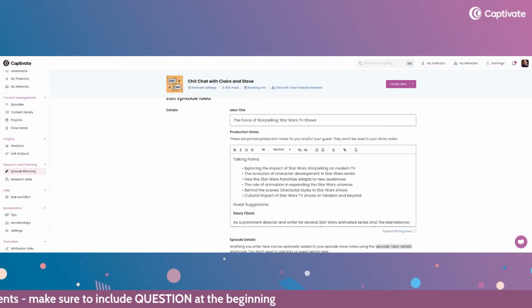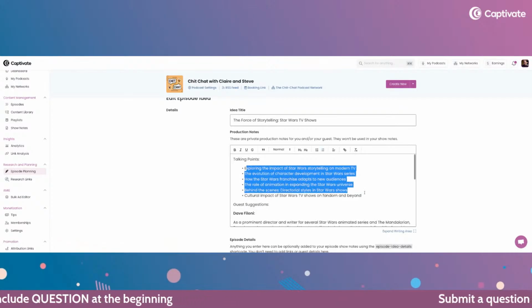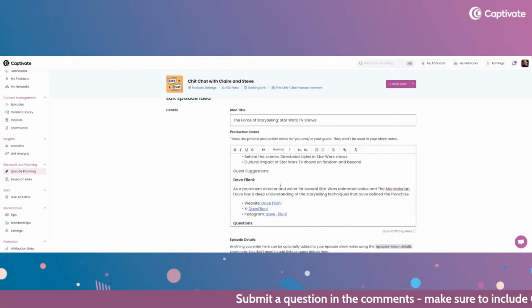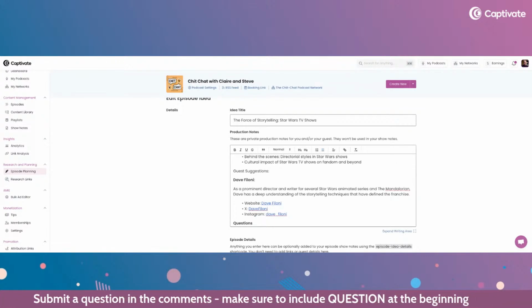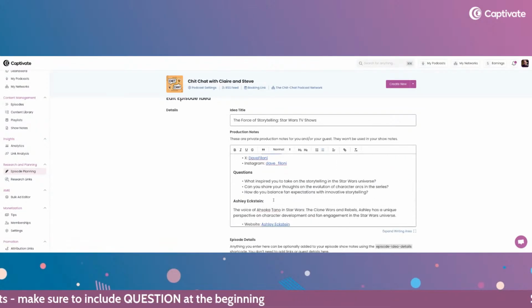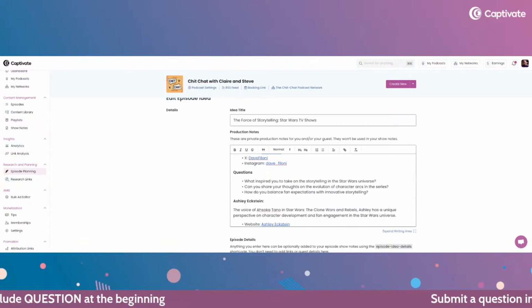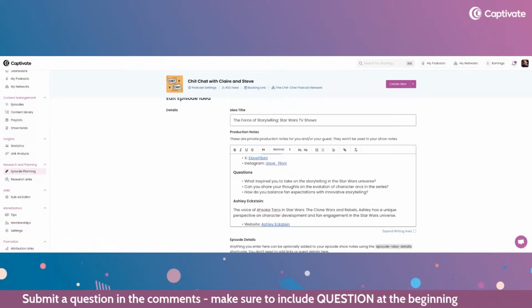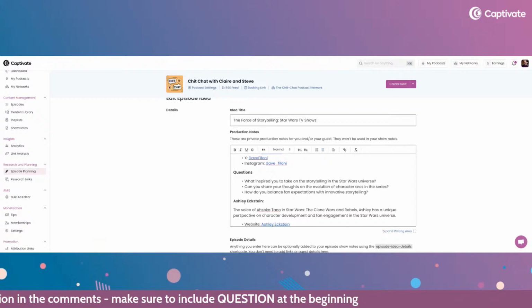Here's your talking points. So you've got, again, a bunch of talking points here you can go through. Guest suggestions. You've got Dave Filoni, who's very obviously well known. He's like head of Lucasfilm now, I believe. Not Lucasfilm, but Lucasfilm TV, or in charge of all the Star Wars productions. So Dave would be there. And Ashley Eckstein, who did the voice of Ahsoka Tano, one of the main characters in the animated shows, and also she's got her own live action TV show now. So Ashley Eckstein would be a great guest, very well versed in Star Wars lore and TV, and played one of the main characters in the animated TV shows.